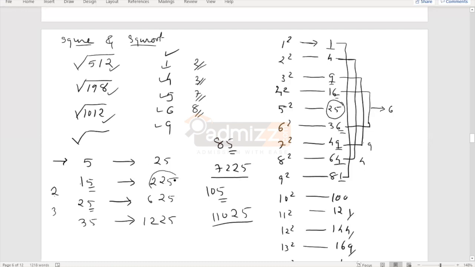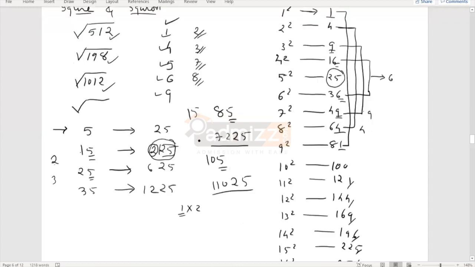And now the reverse thing. Suppose 225 is given. Okay, so now the last part is 25. What is the square root of 25? This is 5. Now here is 2. This number is the multiplication of two consecutive numbers. So you can see here this is 1 multiplied by 2, this is 2. The smaller digit is 1, so you put here 1. So the square root of 225 is 15.